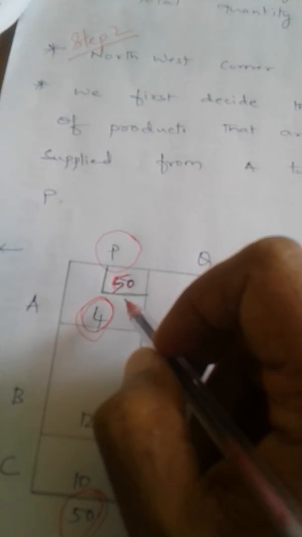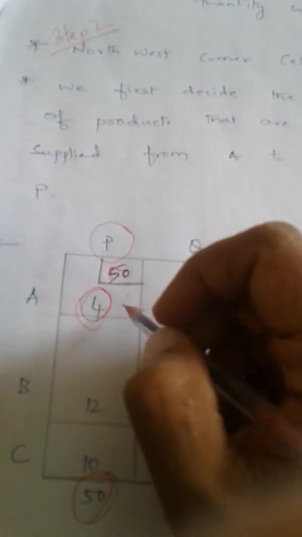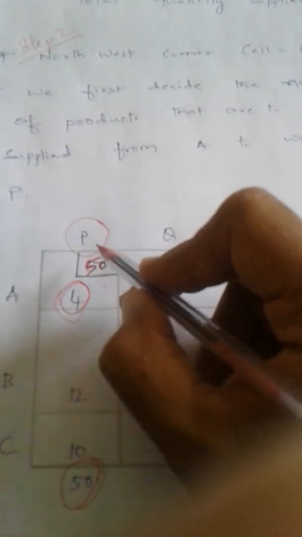To P. And the transportation cost would be, to supply 1 unit we would require 4 rupees as a transportation cost. Now the question may be, why is only this particular cell being allotted? The answer is that this is called the northwest corner method. In this cell, the north is this complete row, and west is this side. This side is the west side, and corner is this. This is the cornermost cell. So that is the reason this allotment is being done. Always for the northwest corner method, this is how we are supposed to start the solution.